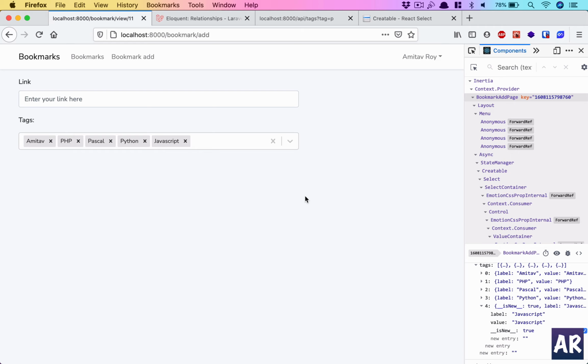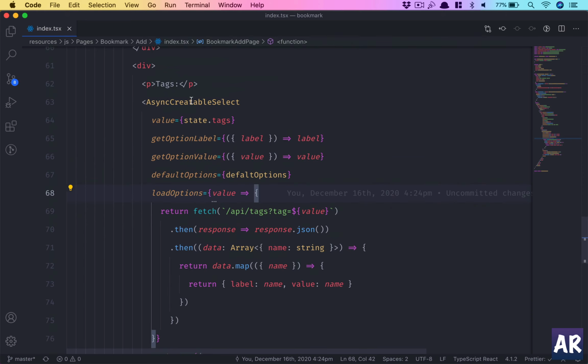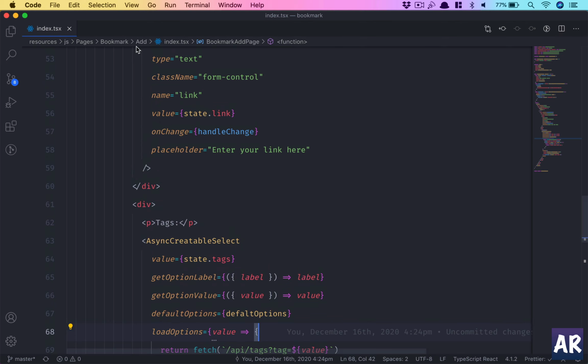Now that we have this thing in place, I just realized that I have made one small mistake, which is this component should not be there in the add form, but rather it should be inside our view, because we will only add the tags once we have the preview of the bookmark, the title and description. So we'll refactor it, nothing major. Let me open up my code. This is my add form,